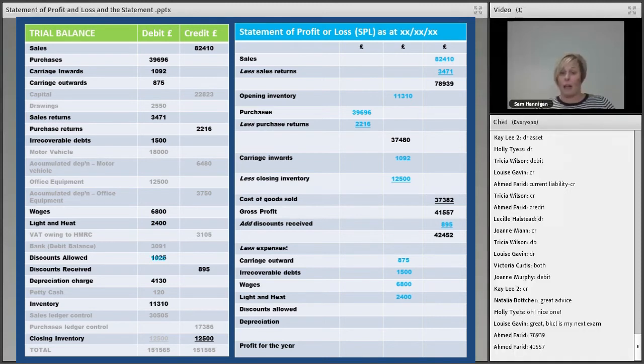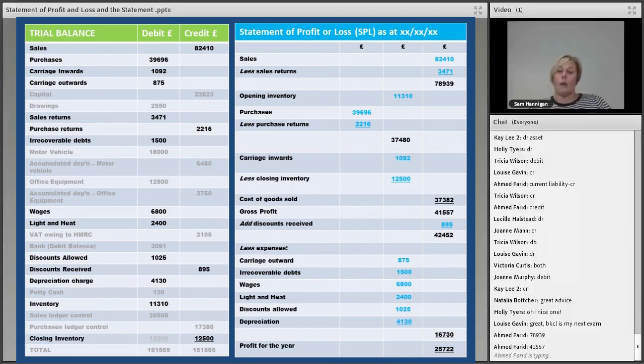We've got discounts allowed because this is an expense to us because we've given it to a customer. And then we've got the depreciation charge for the year, okay? Not the accumulated depreciation. So the depreciation charge is the one that goes against expense. And then to total up, we've got the total expenses, which is your 16730. And to get your profit for the year, you're taking your total expenses off your adjusted gross profit, your 42452, to give you a profit for the year of